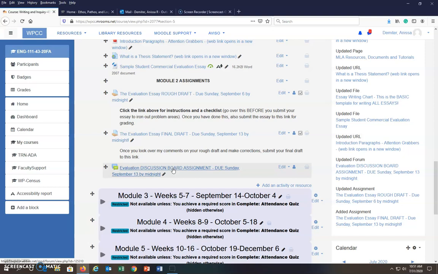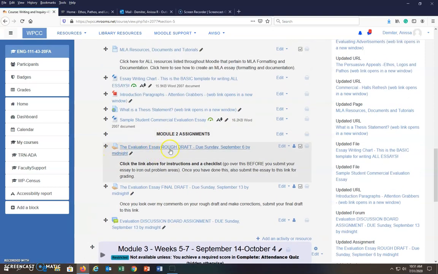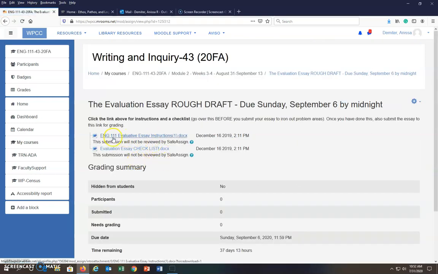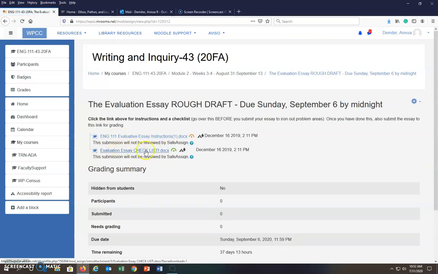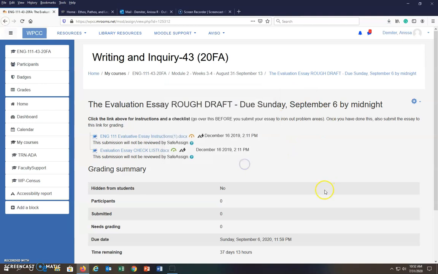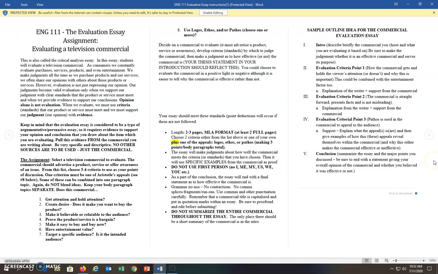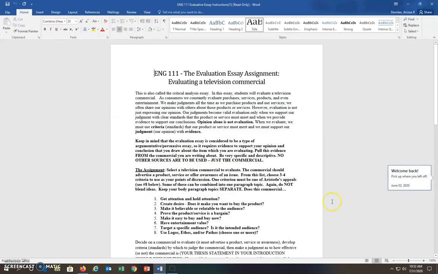So you want to make sure you choose something different. All right, if we click on the evaluation essay rough draft, you'll see that it gives you the instruction link and also a checklist. If you click on the instruction link, it will go through and give you all of the instructions needed for writing your evaluation essay. You're going to need to determine what your criteria is going to be for evaluating your